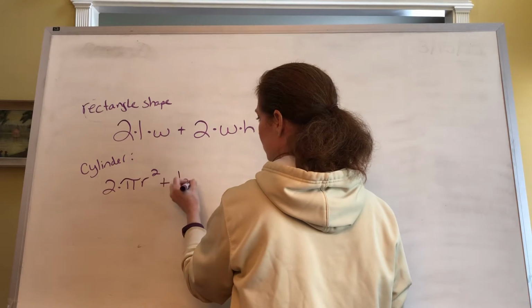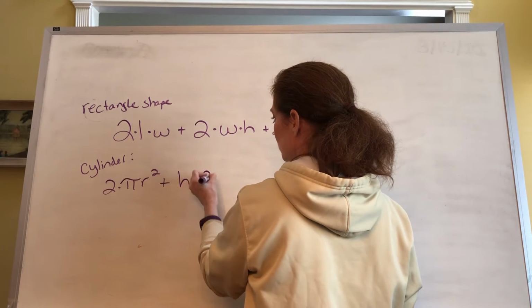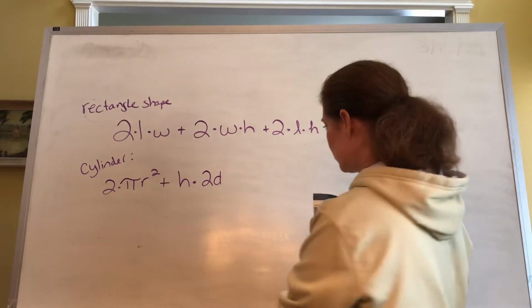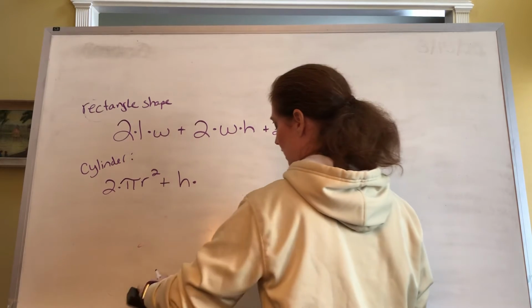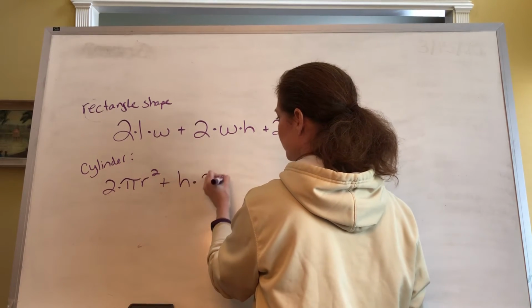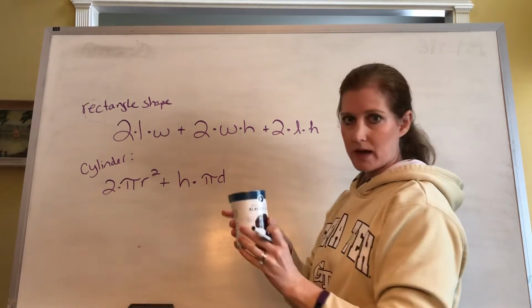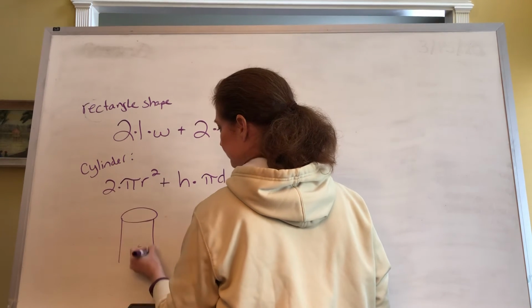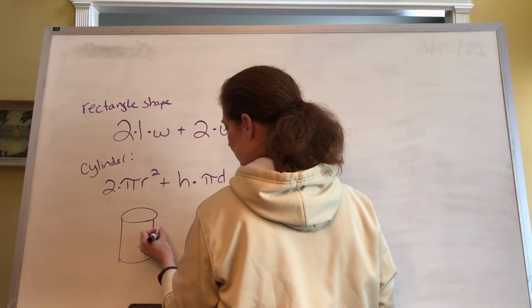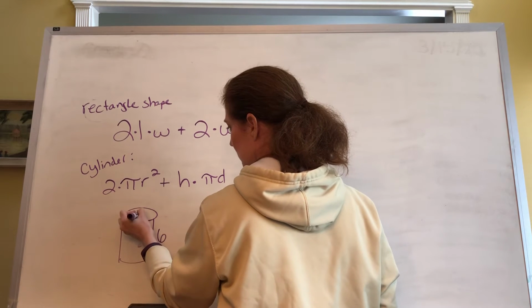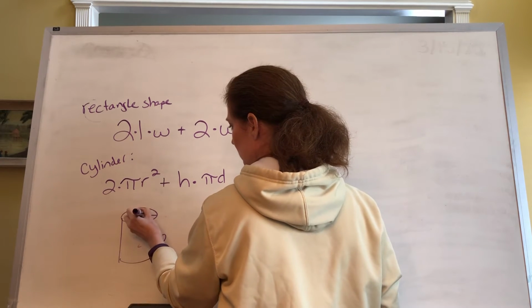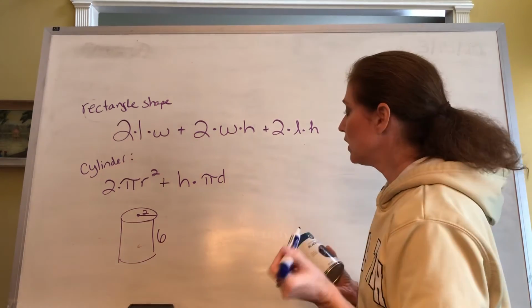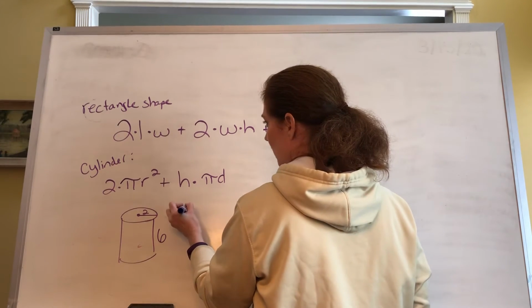So it's going to be the height times the circumference, which is 2d. Or, no, that is not what it is. I'm thinking 2 pi r. It's pi d. All right, so if we had this cylinder here and we knew, let's say the height is 6, we'll say the radius is 2. And so if we were going to find the surface area of this cylinder,